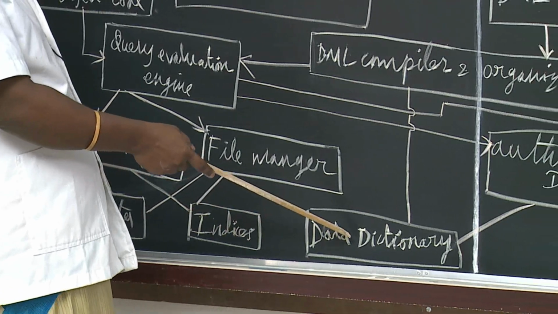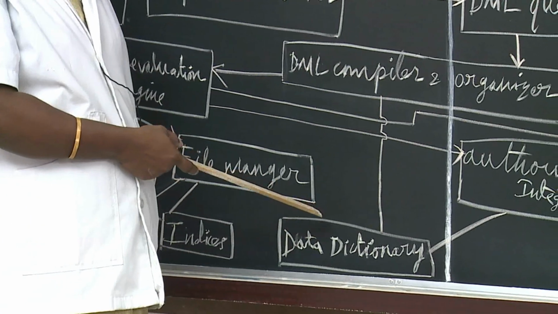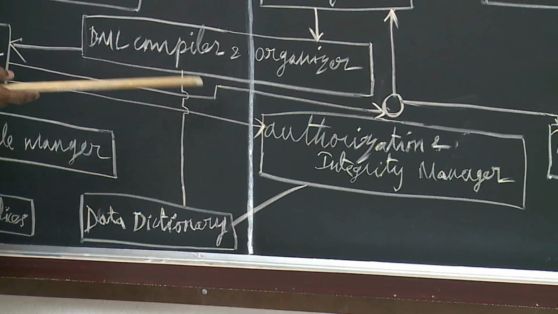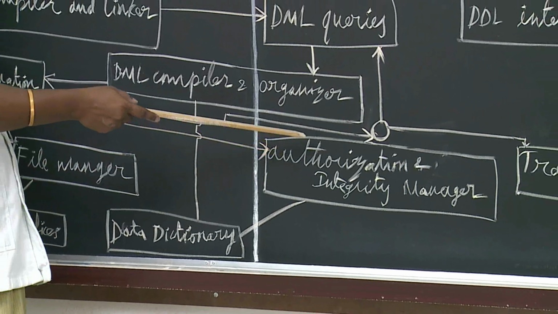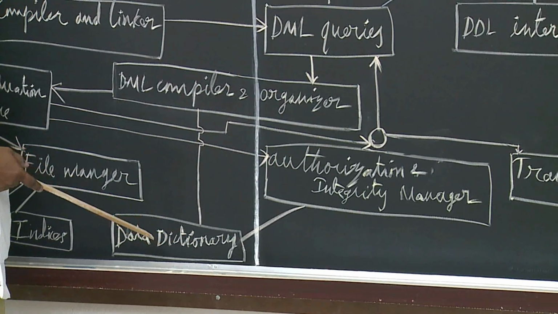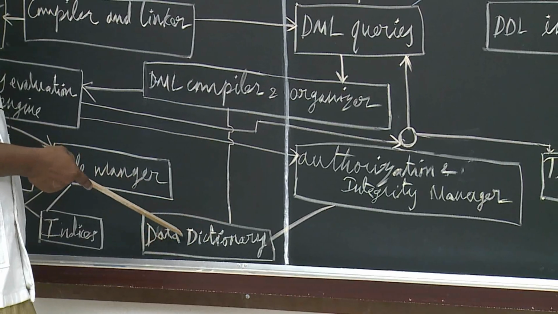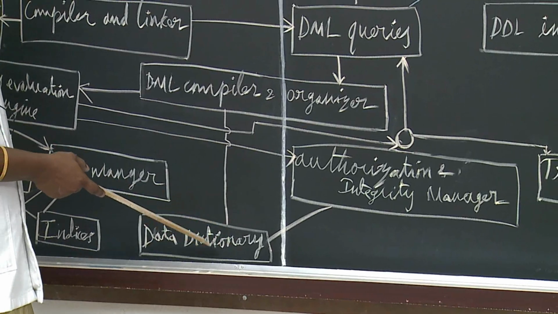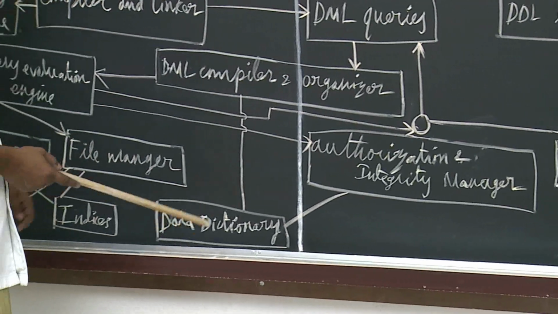Then the data dictionary. This dictionary is created and it stores the data about this data, like metadata. So the metadata details about the database are stored in this data dictionary. Whenever the authentication or authorization process requires, they can verify the same. While creating each and every database, the corresponding metadata is stored in this data dictionary for future or further references. So that is the purpose of this data dictionary. So these are all the different stages of